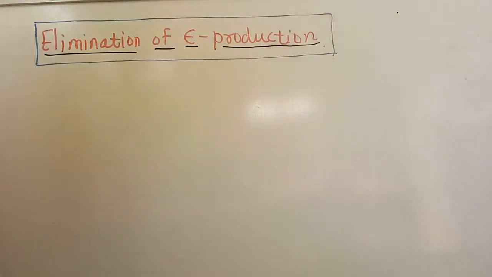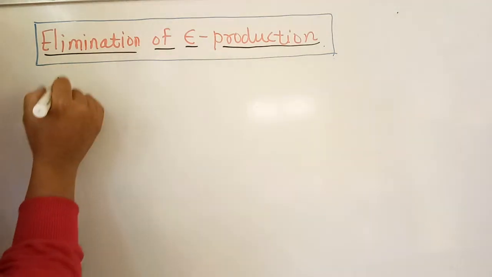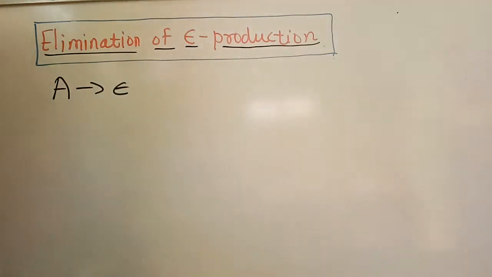In this video, we will see how to eliminate epsilon productions from the given grammar. Before that, to which production will we call an epsilon production? A production of the form A gives epsilon is called a null production or epsilon production. So, for every context-free grammar G with epsilon productions, we can find the context-free grammar G1 having no epsilon productions